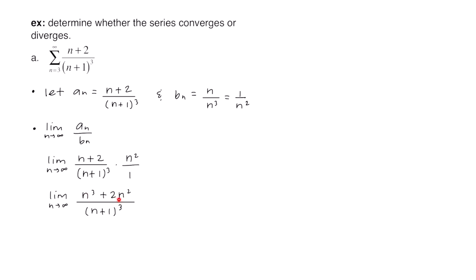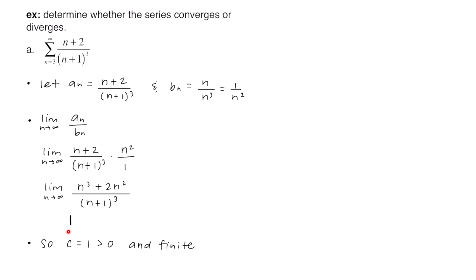So the leading coefficient of the polynomial in the numerator is 1. And then also, if you were to expand this out, the leading coefficient of the denominator would also be 1. So as n gets larger and larger, this limit is going to equal 1 over 1, or just 1. So since the value we got for c is positive and finite, we can now look at the series of